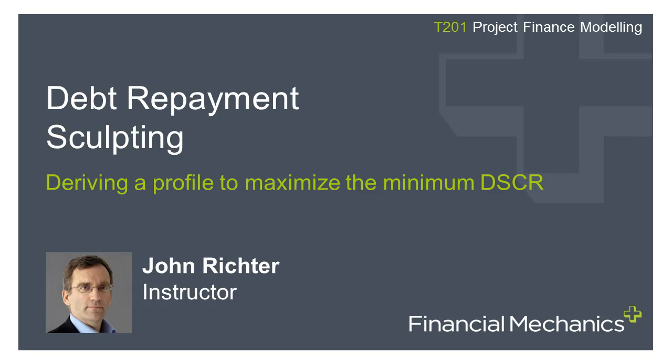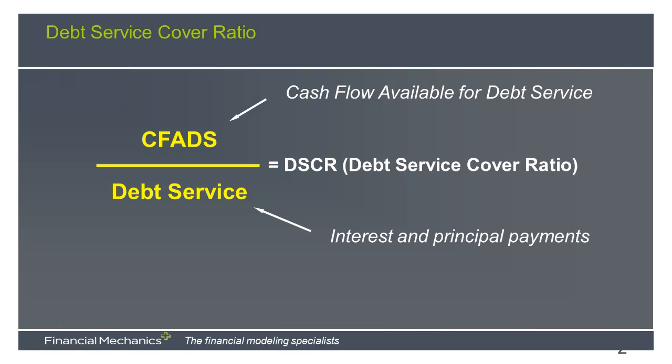So to start with, we should remind ourselves of the basic debt service cover ratio relationship, the relationship of cash flow available for debt service to debt service in any given period. So you'll remember we can look at a chart of those ratios over time and get some sort of idea of the general buffer or headroom or cushion that the banks have,